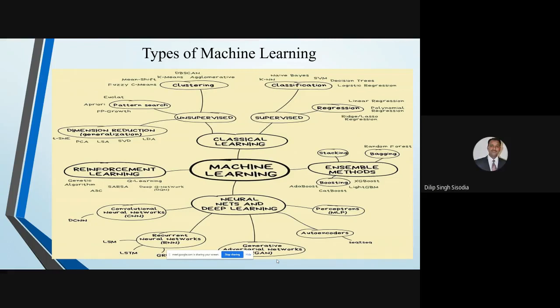Because some books have written it in such a way that people may get confused. K-means clustering, DBSCAN, agglomerative, fuzzy c-means, any of these may be object-based clustering or relation-based clustering. Clustering itself is a different field. So clustering and classification are two separate things, and there is a difference. Any more?